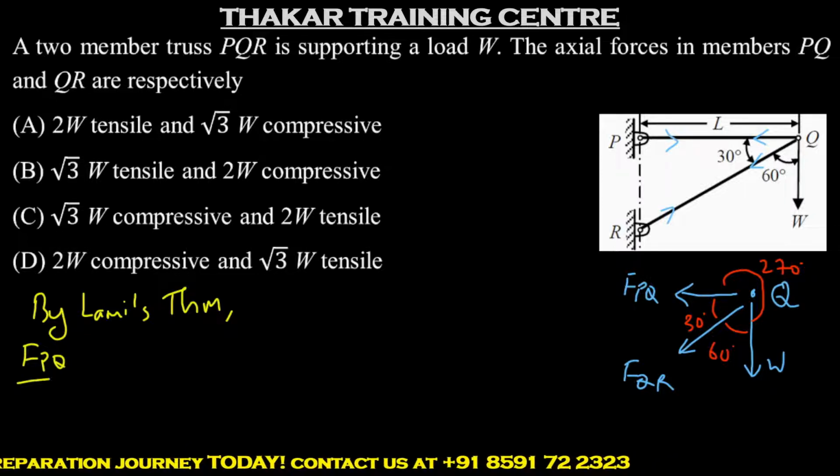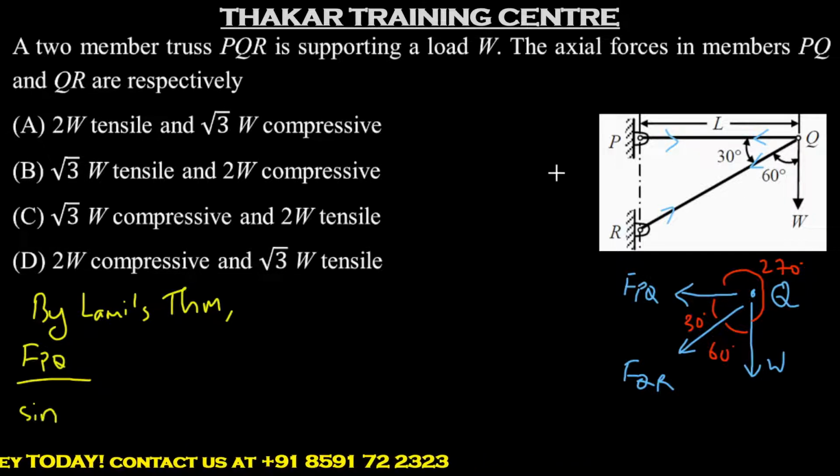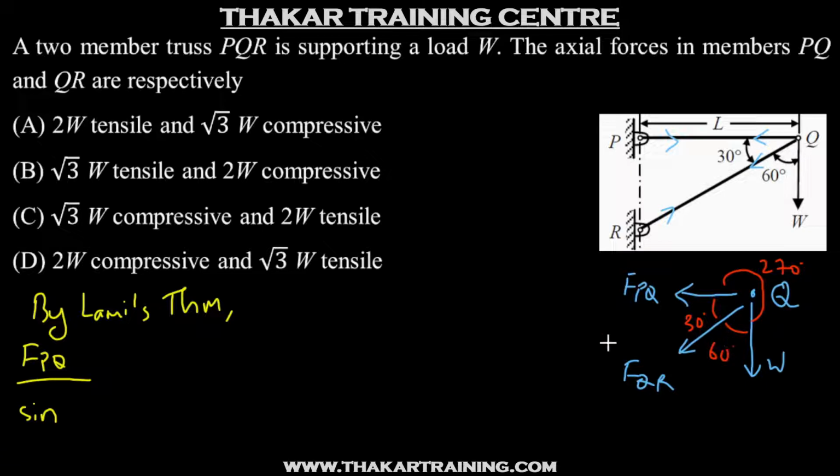FPQ upon sine of the angle between the other two forces, which are FQR and W, which is 60 degrees. So FPQ upon sine 60 will be equal to W upon, when you look at W, we have to look at the angle between the other two forces, which are FPQ and FQR. So the angle is 30 degrees. So this will be sine of 30 degrees, equal to FQR upon...